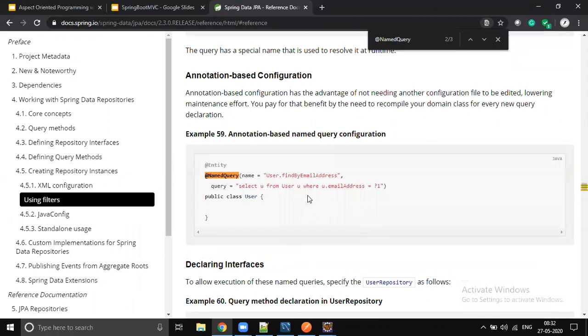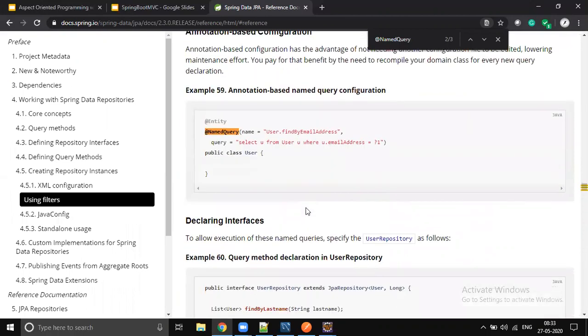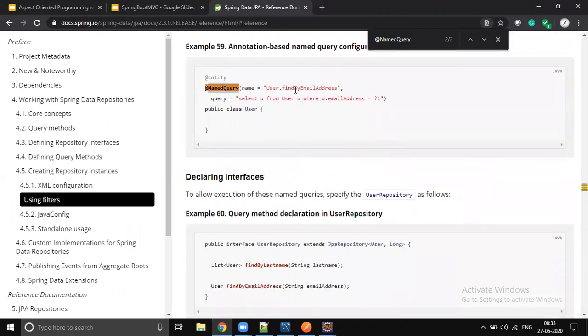Okay, so it's name and its query. I think we should use the placeholders, but no problem, it should work. So at entity, named query, and this is your method name.